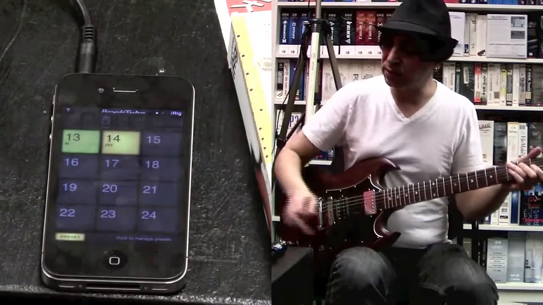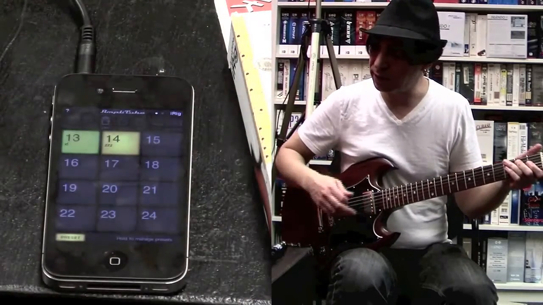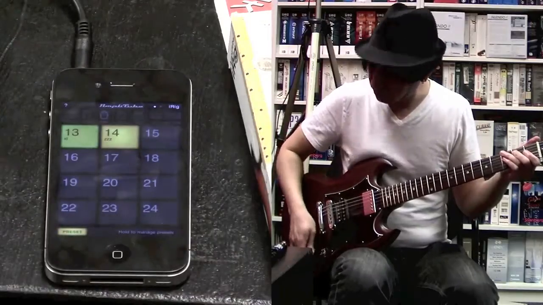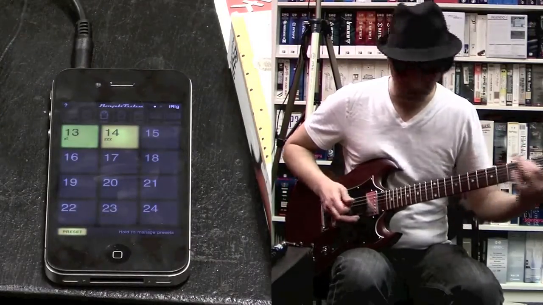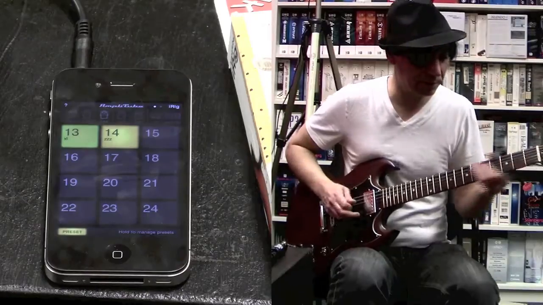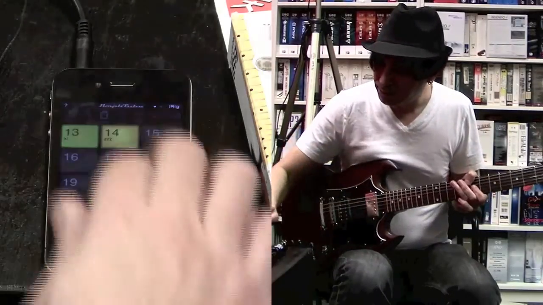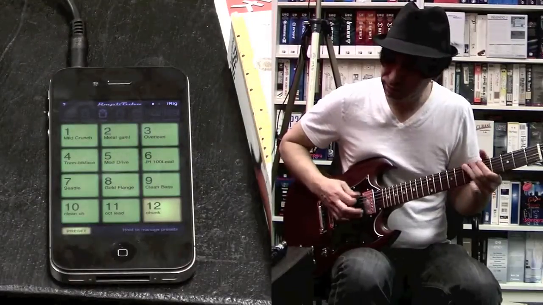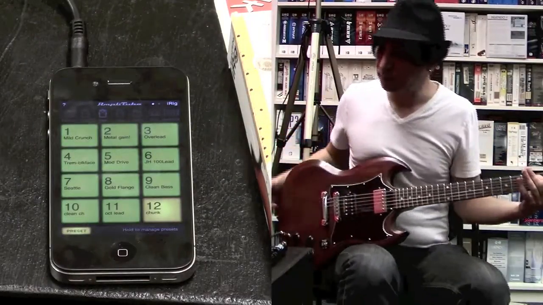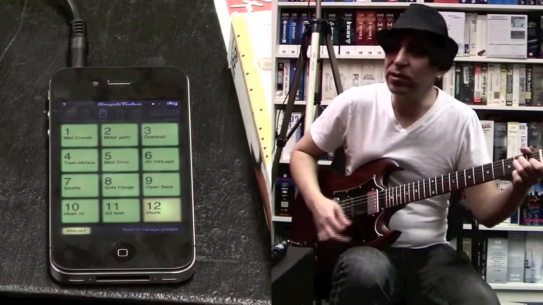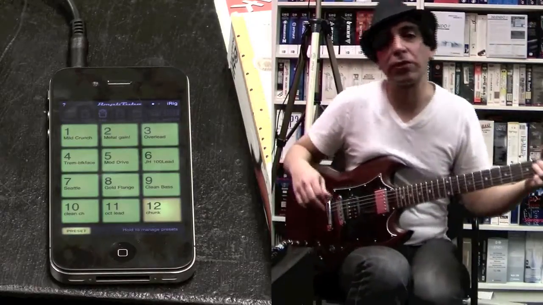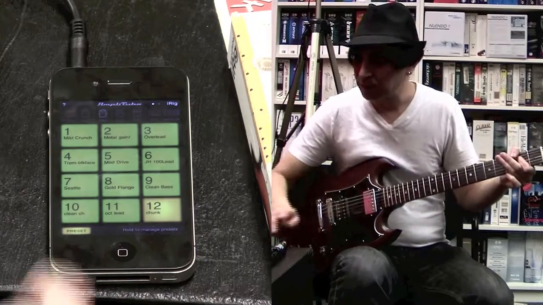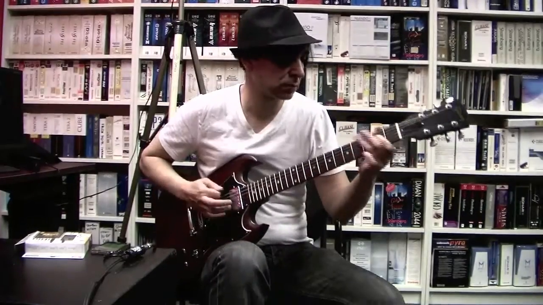So every time I want that particular sound, all I got to do is just hit that particular button, and then I'm going to go back to it. Crazy delay there. So now if I want to go back to another sound, alright, so now you can see that you can store the different types of sounds you have. So if you have a nice little country tone that you've worked up,